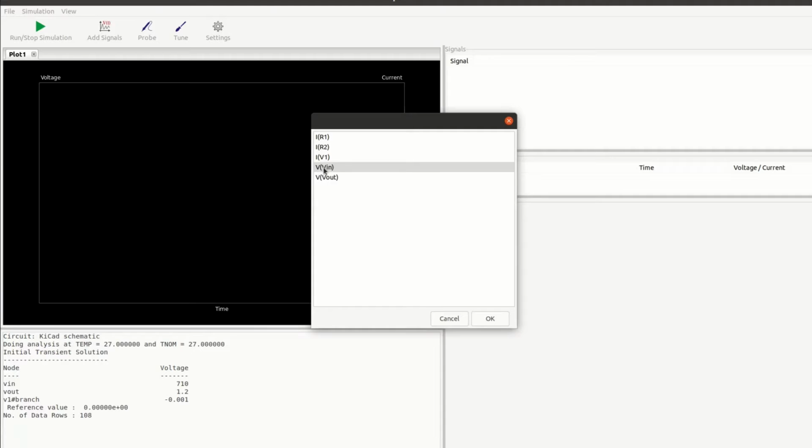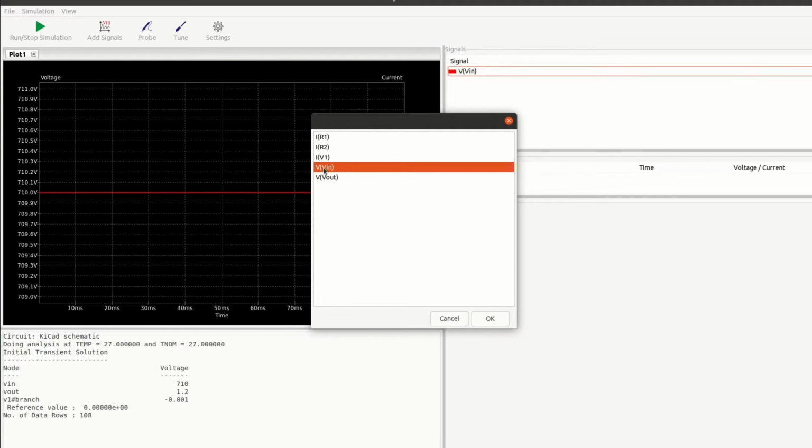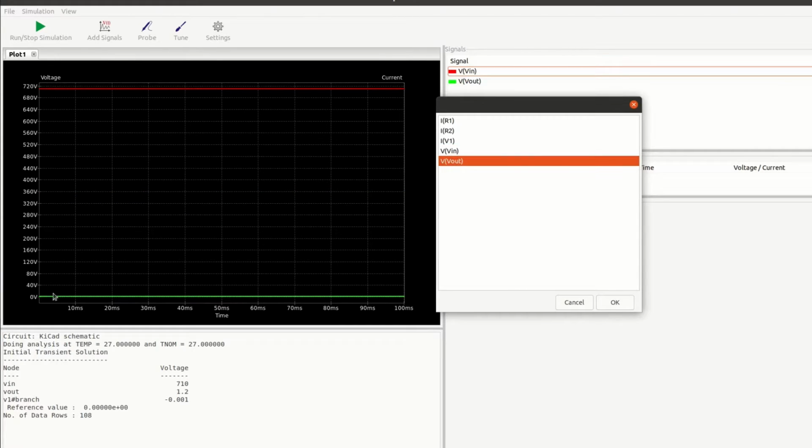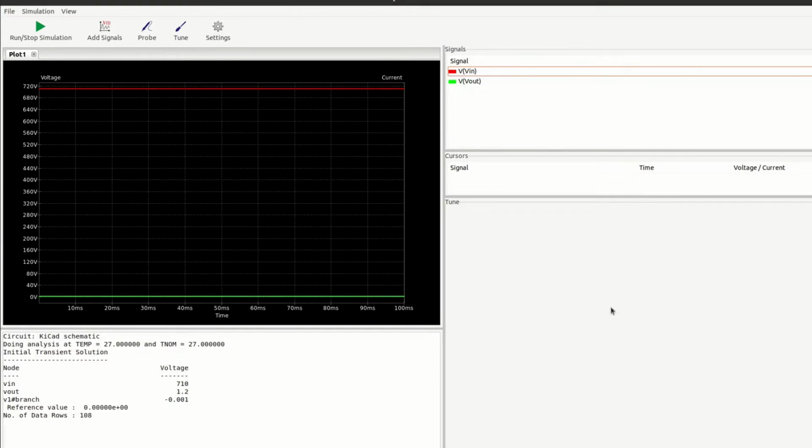So just double click on V in and we see that there is 710 volts. The red is the V in. Press on V out. It is showing 0. Okay. Now we are interested only in V in and V out. So just close it.